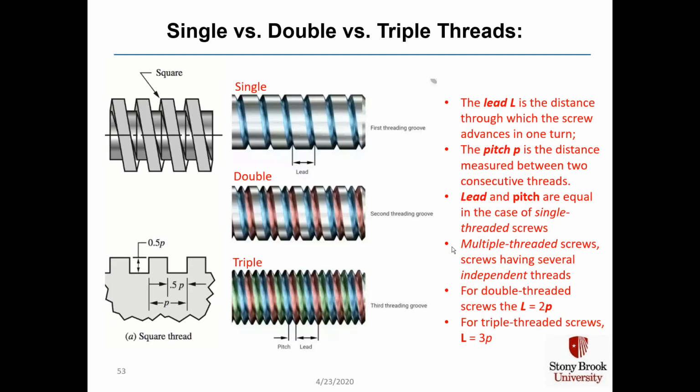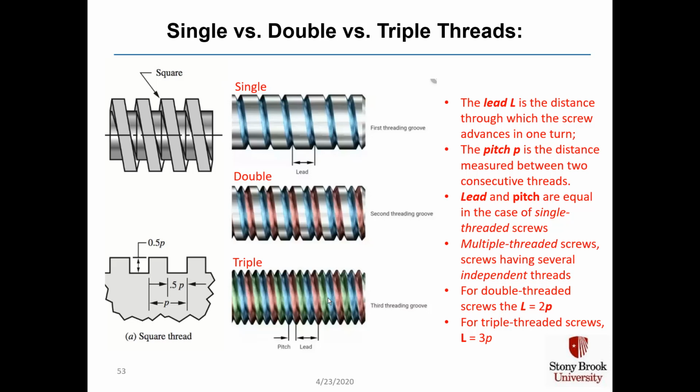The lead L is normally the distance through which the screw advances in one turn, and the pitch P is the distance measured between two consecutive threads. And they're equal in the case of single-threaded screws, which are the most common. But if you have what are called double-threaded screws, the lead L is actually twice the pitch, and for triple-threaded screws, the lead L is 3 times the pitch. And in those types of screws, you're able to apply enormous amounts of torque as you rotate the screw and